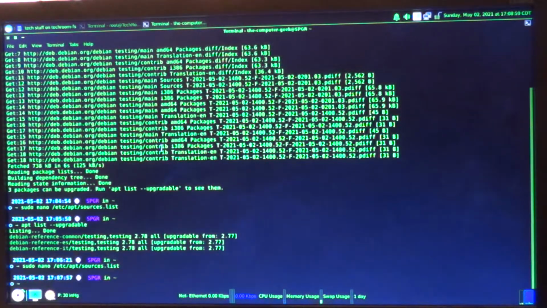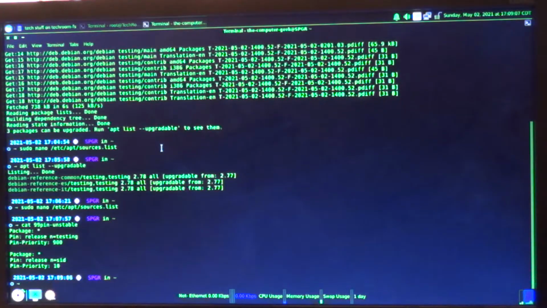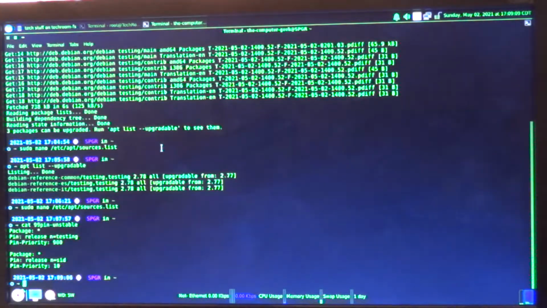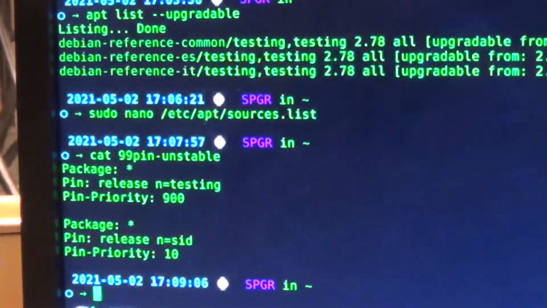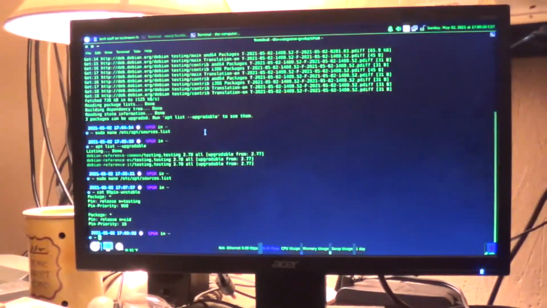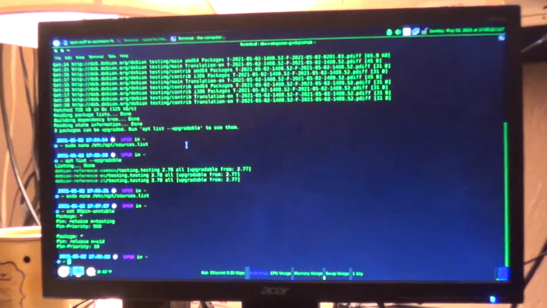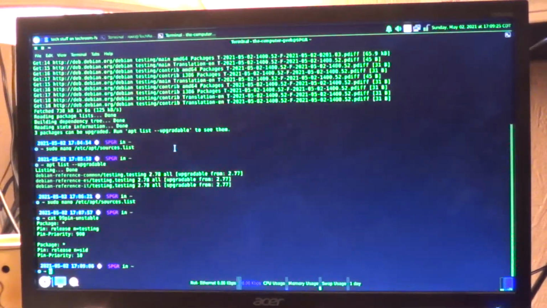So I'm just going to go ahead and cat the contents of this file and verify that it is correct, which it is. And you can see the file's contents for yourself. And what you need to do with that is copy this file to the /etc/apt/preferences.d directory, or you can do